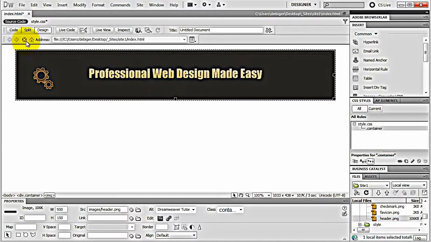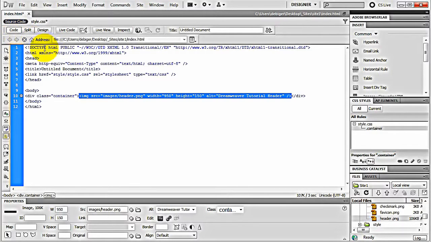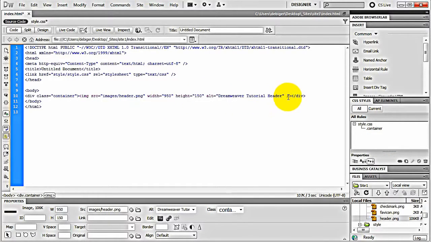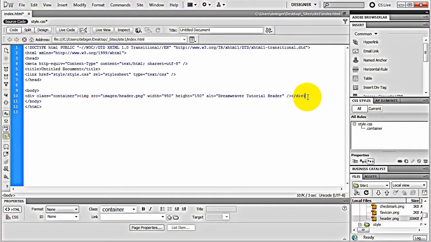Let's take a look at the code. There's my div start tag, my image start tag, the source of the image, the size, the alternate text that I just typed in, and there is my image close tag because it's a self-closing tag, and then there is my div close tag. Make sure you don't have a p paragraph tag wrapping around your image, because if you do and you style your paragraph tag later, it's going to apply to your image as well, and you don't want to apply, let's say, the paragraph margin to your image. Okay, I go back to design view,